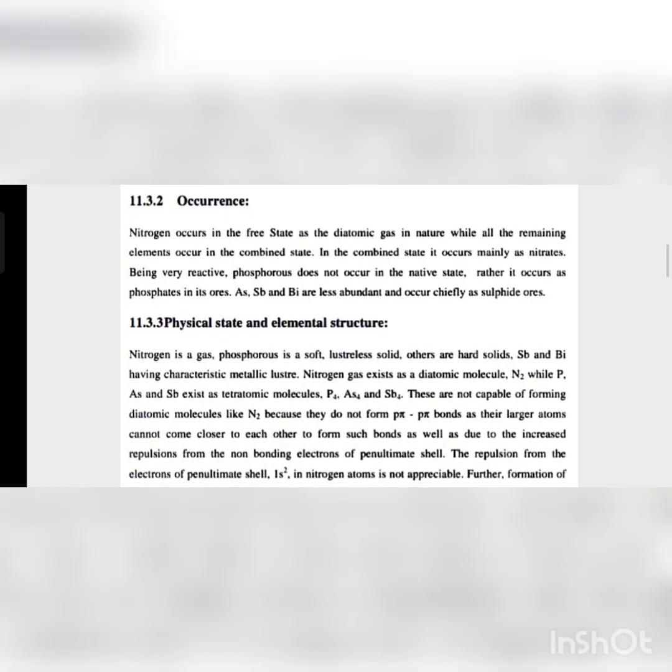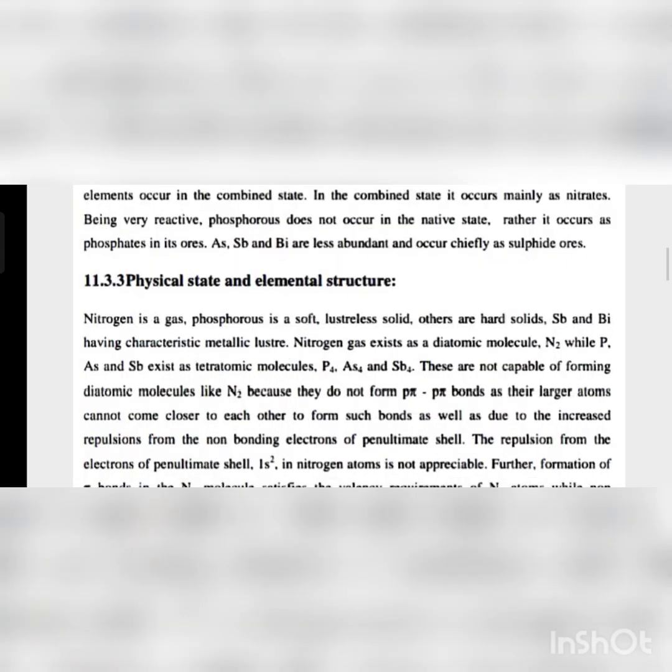Physical state and elemental structure. Nitrogen is a gas, phosphorus is a soft, lusterless solid, others are hard solids. Antimony and bismuth have characteristic metallic luster. Nitrogen gas exists as a diatomic molecule N2, while phosphorus, arsenic, and antimony exist as tetraatomic molecules P4, As4, and